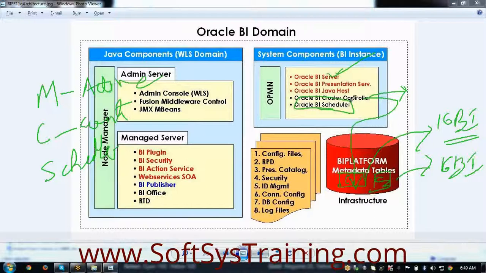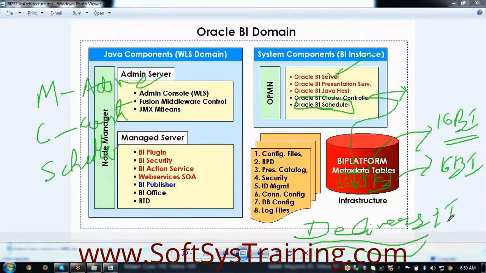And when we talk about this Oracle BI Scheduler, in 11G it is auto configured, but in 10G we have to run some scripts to configure it. This Oracle BI Scheduler should always be up and running to schedule your jobs. If the scheduler is not up and running, you cannot schedule jobs. And we use an environment called Oracle BI Delivers.